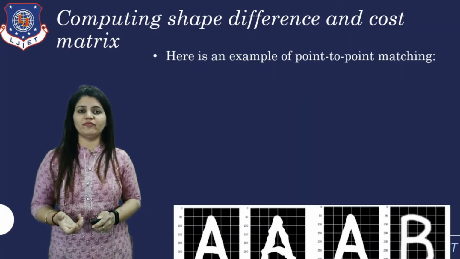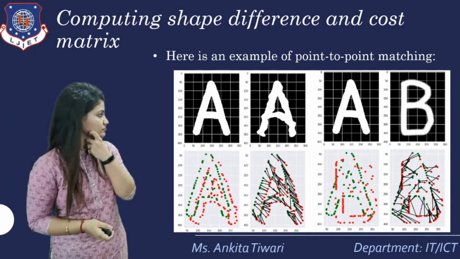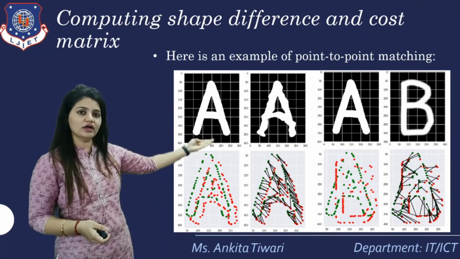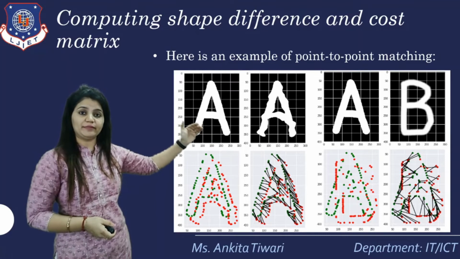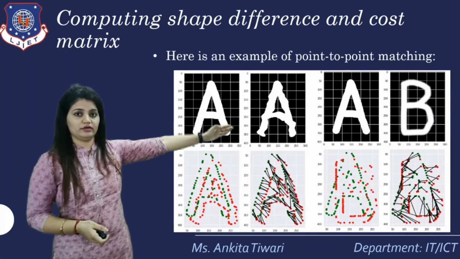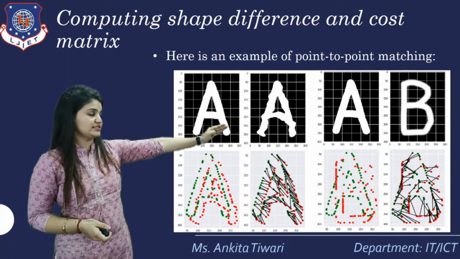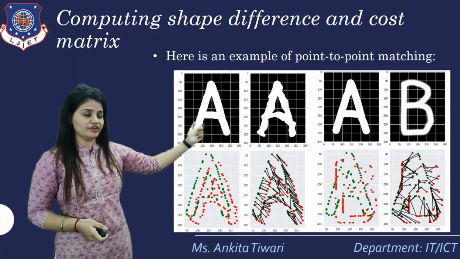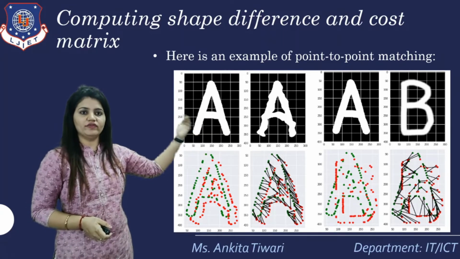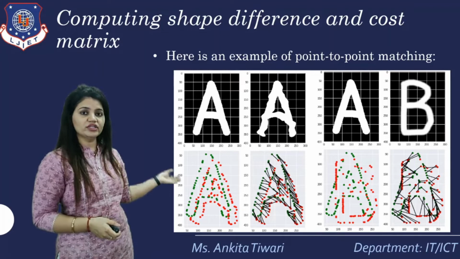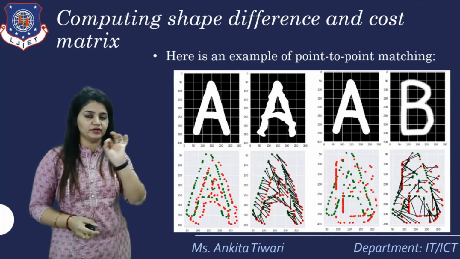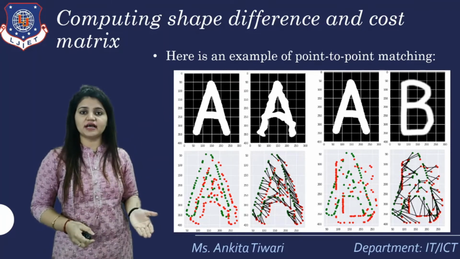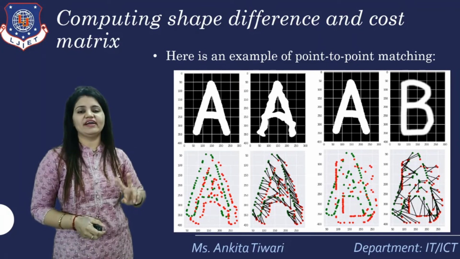Here is an example of point to point matching, as you can see. With respect to A, if you are taking a match, see how the example goes. In point to point matching, this A will be taken with the third A that you can see here, and the B value is taken with respect to the A value. It should match, but it is not matching. How do we make it match with respect to A? We do the point to point matching, meaning we put the points, that is pixel plotting. When the pixel plotting is done, we match the values.